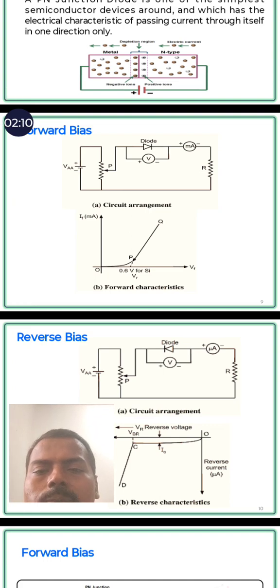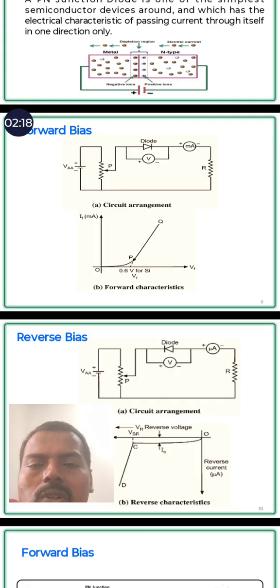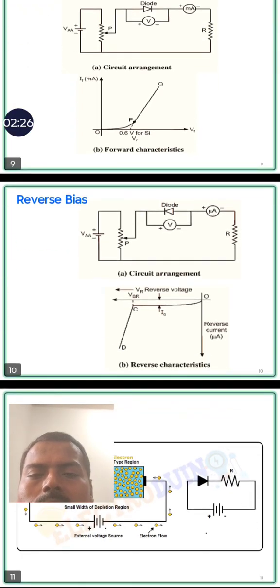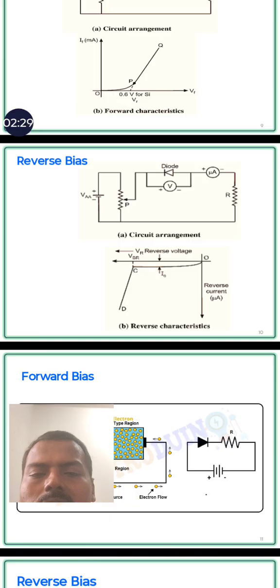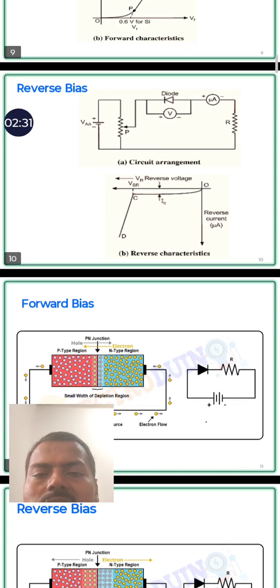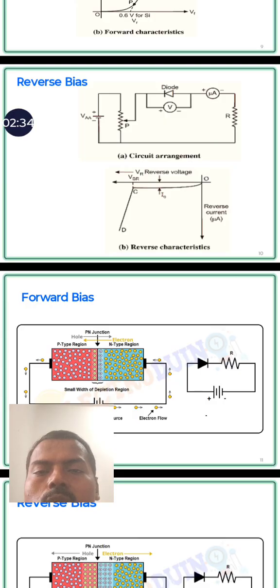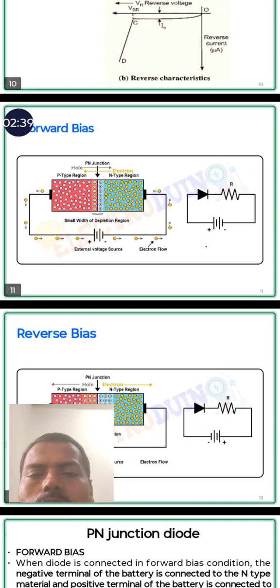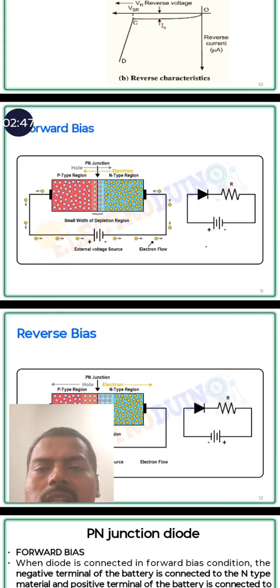For the forward bias, whether the material is silicon or germanium, the triggering voltage is about 0.7. When 0.7 is reached, it starts conducting. For the reverse bias, the reverse voltage and reverse current are represented, along with the reverse breakdown voltage. When the breakdown occurs, it starts conducting. Here I am also giving a pictorial representation for easy understanding of the direction and the p-type region and n-type region.